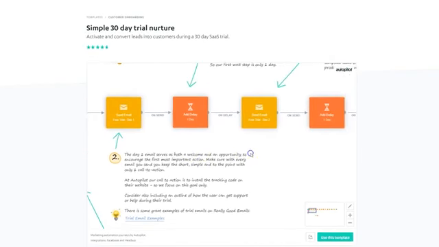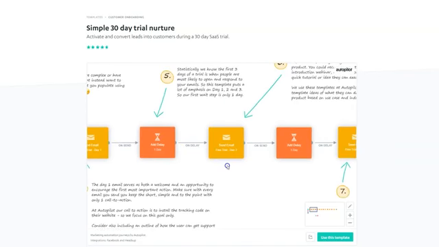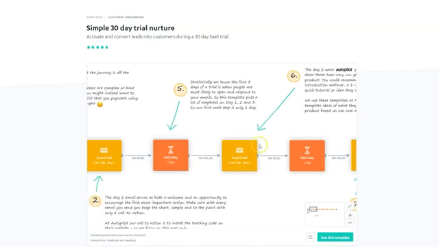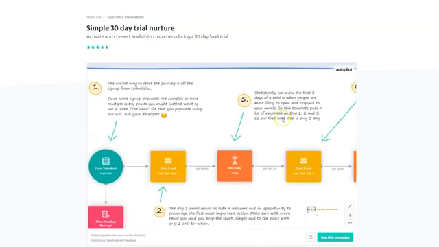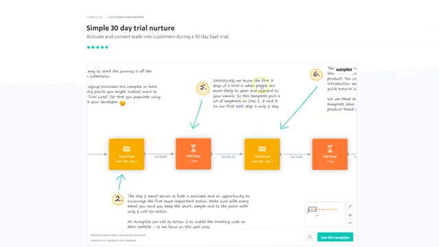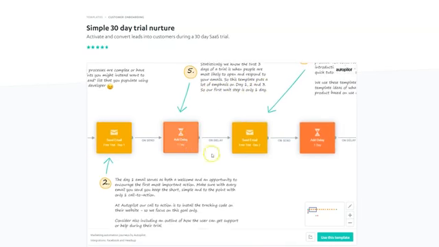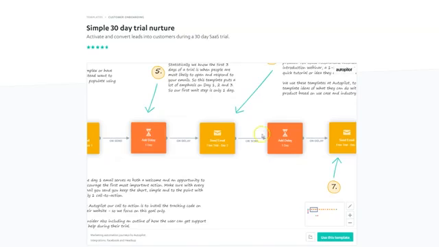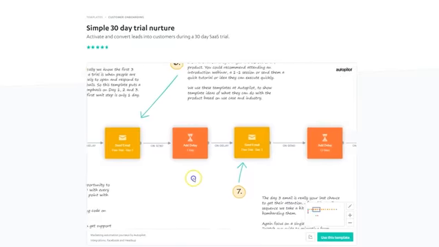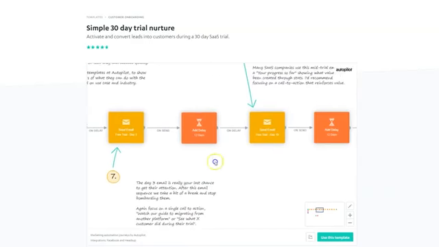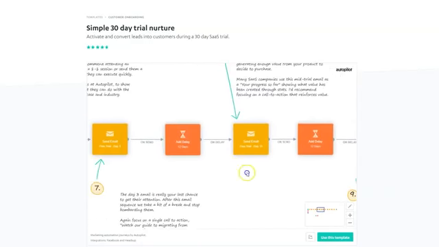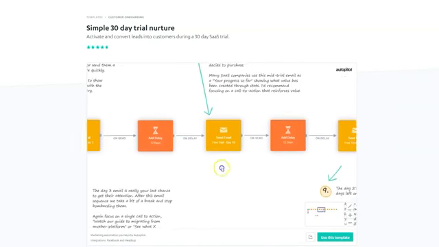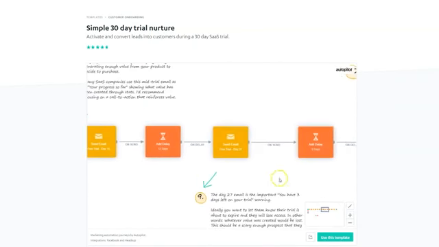Now, following up on that email, the free trial email is sent and there's a 1-day delay, and after that delay, another email is sent here, and there's some notes to explain what's going on here. Basically, the first 3 days of a trial is when people are most likely to open and respond to emails, so this template puts a lot of emphasis on day 1, 2, and 3, and that's why there's a short duration. There's only 24 hours of gaps in between the first several emails. Later on, those times sort of start to expand a little bit. You're checking in with people every 12 days. Send an email, wait, send an email,